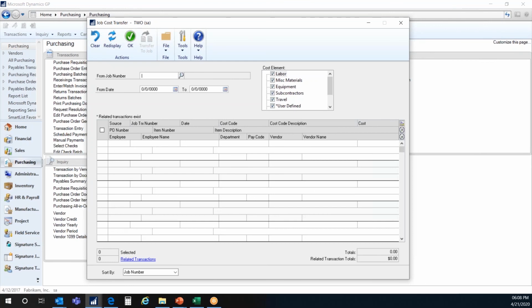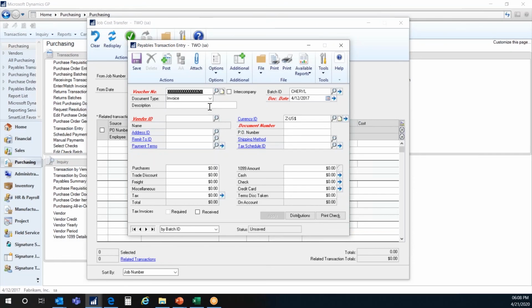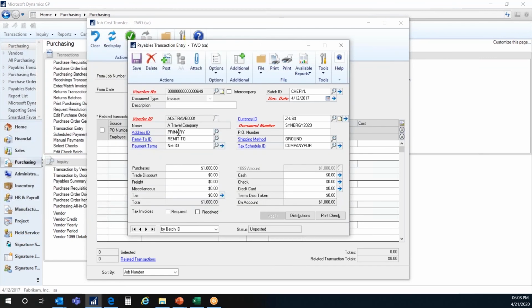So very cool tool. Again, like I said, very popular one that people use. Let's move on and talk about some vendor changing things. Let's bring up the payables window and pull up a transaction, pull up my batch here. So here we see